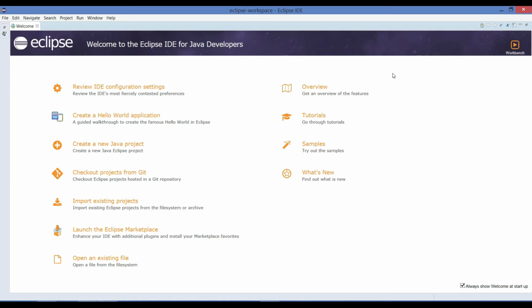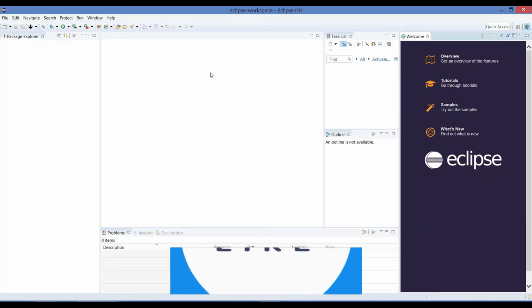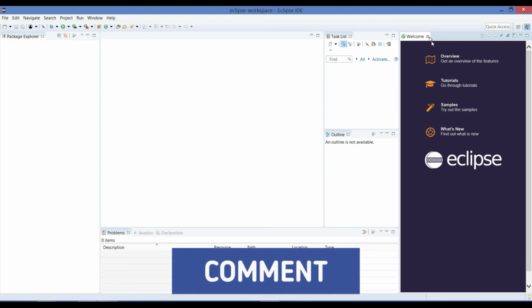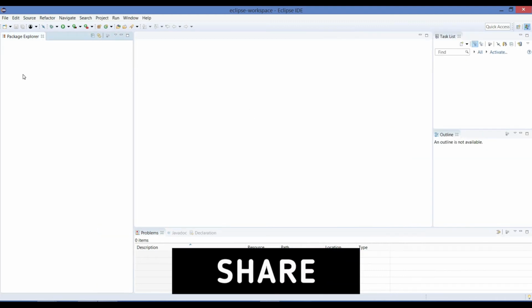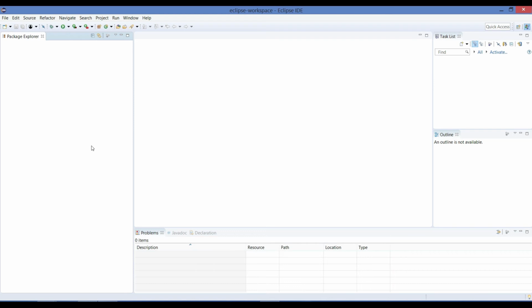This is the welcome page of Eclipse IDE, so just close it. Here there is a package explorer section and a section in the middle where you write your code, and at the bottom you will find things like the console.